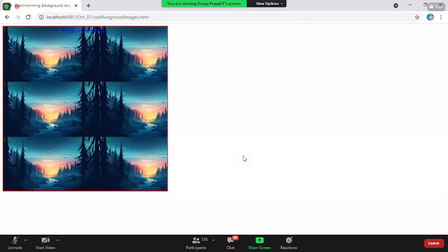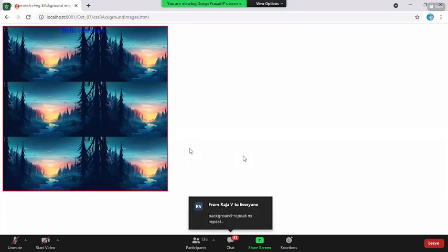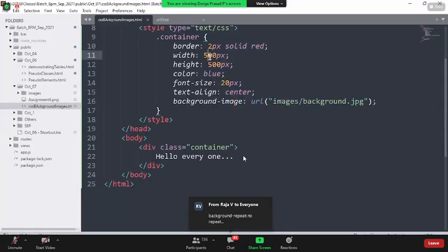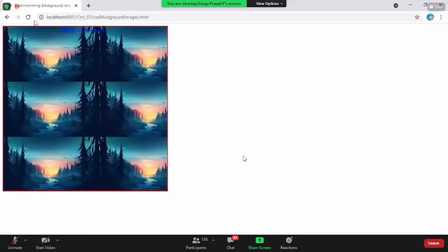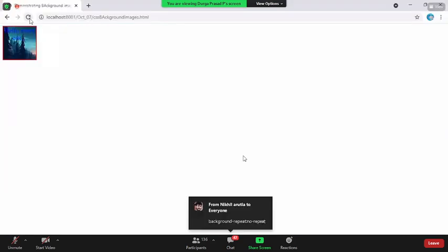The question you might have is, the container is bigger, that is the reason the image is getting repeated. What if the container is just 100 pixel by 100 pixel? Now if you reload the page, do you see the background image coming out of the container? Never. A background image will never come out of the container.